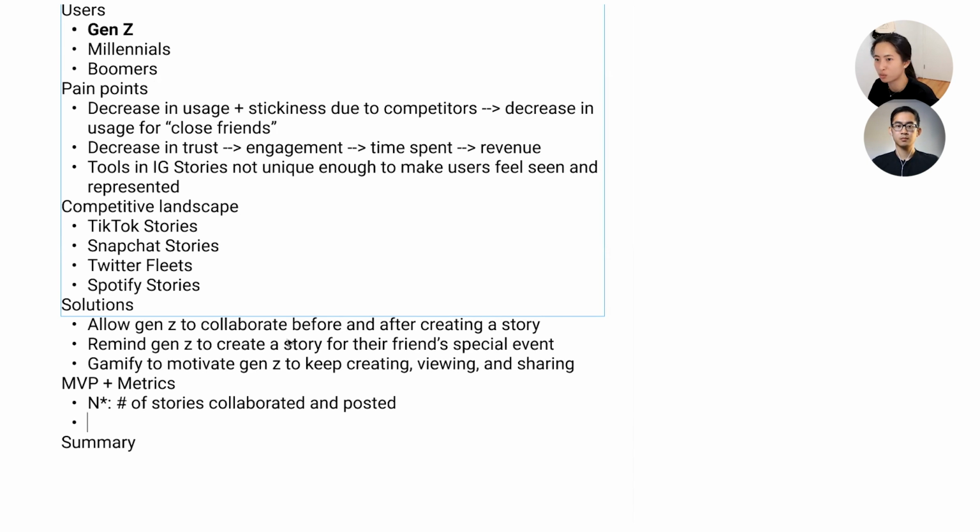So it's really important that we don't see a drop off during collaboration. Maybe there could be some user conflict, let's say things weren't put in before the due date. So I think it needs to be when users or Gen Zs collaborate and then they post the story, and that other individual within the close friends gets to see that story.